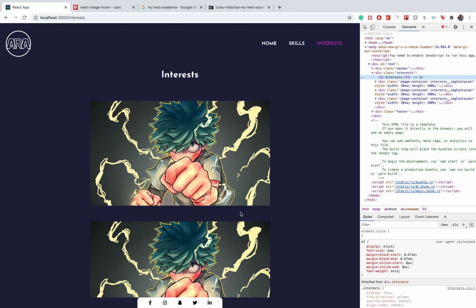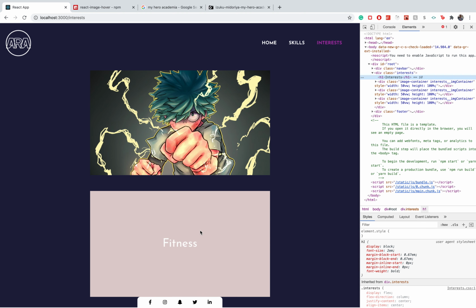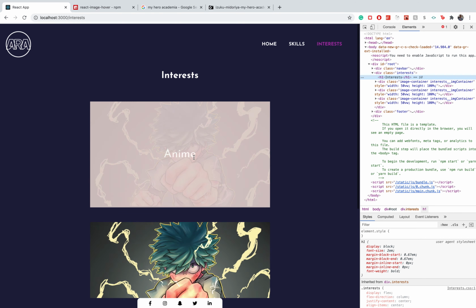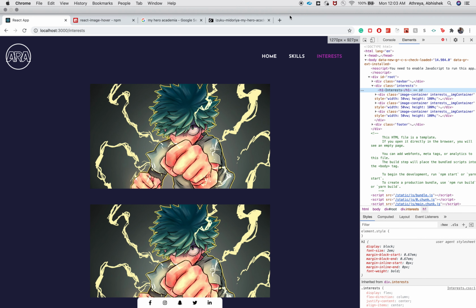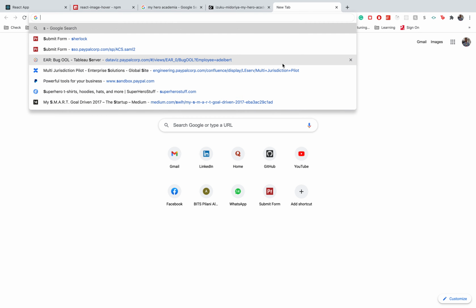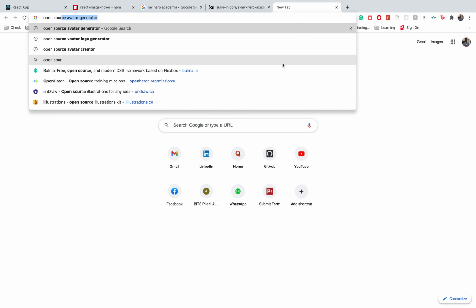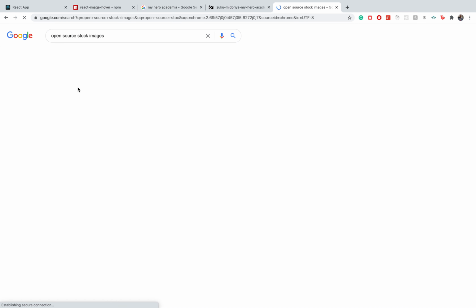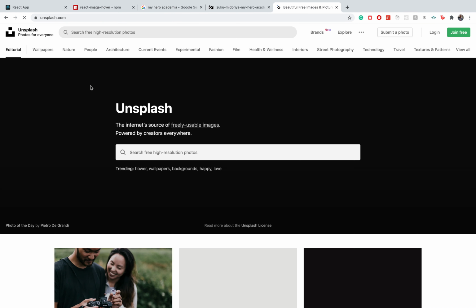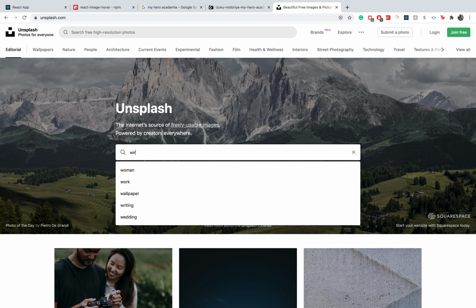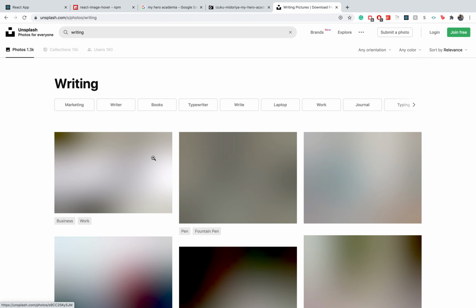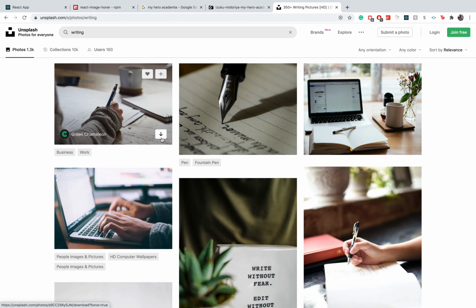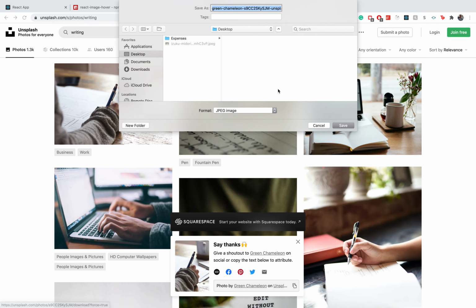and I am going to add images for each of them. And the way I like to get these images from is open source stock images. Yeah, this is one of my favorite. So let's look up writing. Okay, I like this, so download this